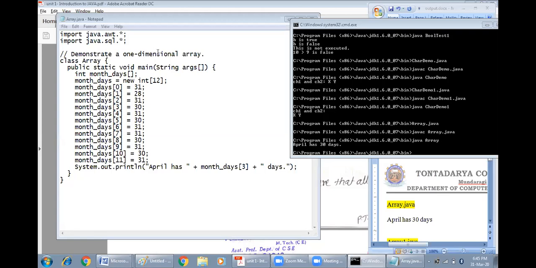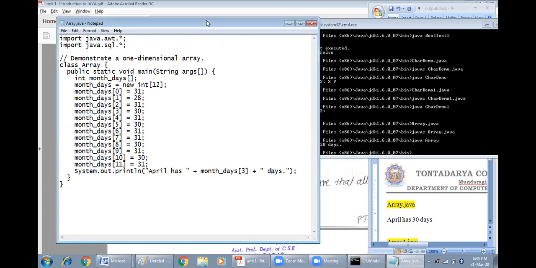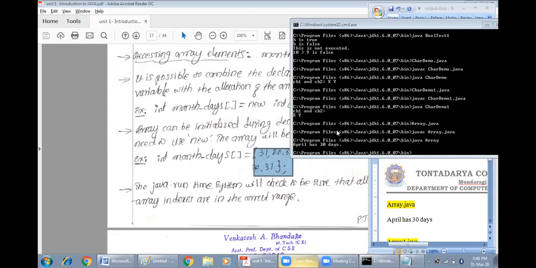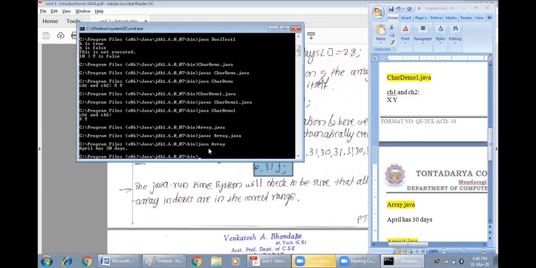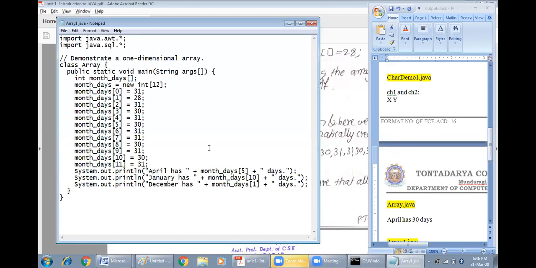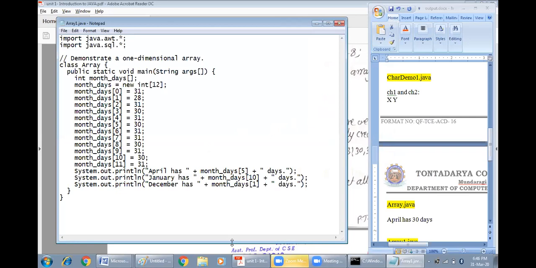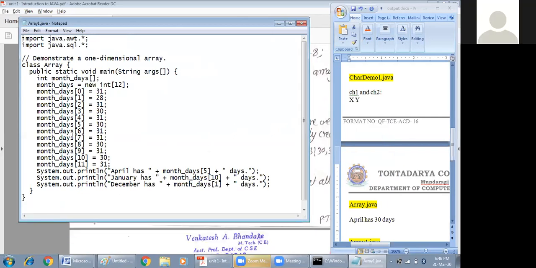Yes. Good. So I'll give one short assignment. Hope you will be able to do this. Array1.java. Please, the same program I have modified. If you have book and pen there, try writing the output of this. Here is the output which I'll show after you take 1 minute or 30 seconds.